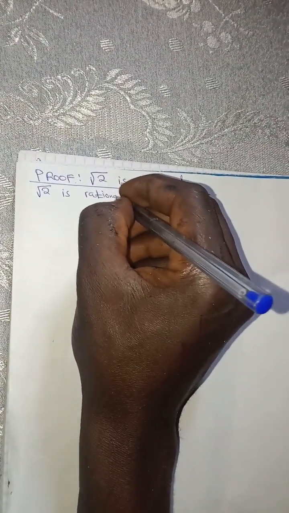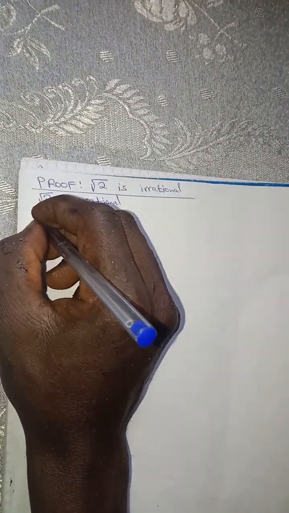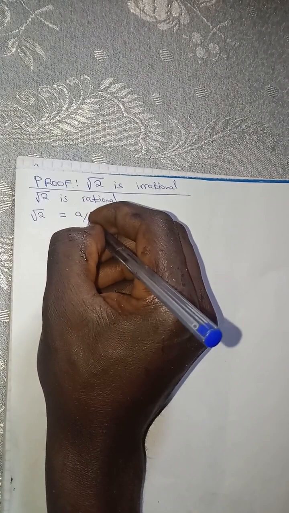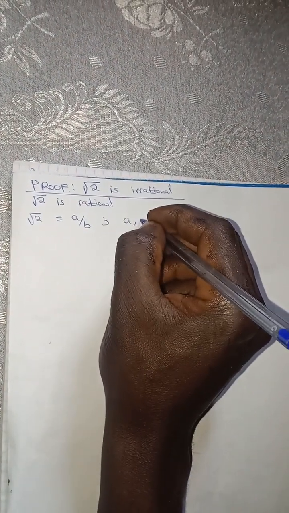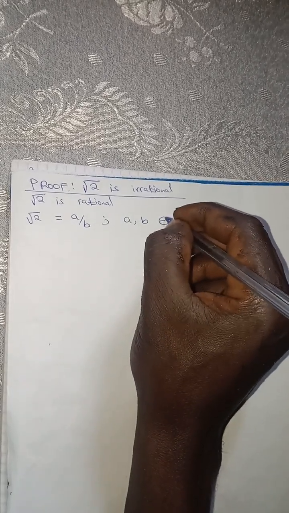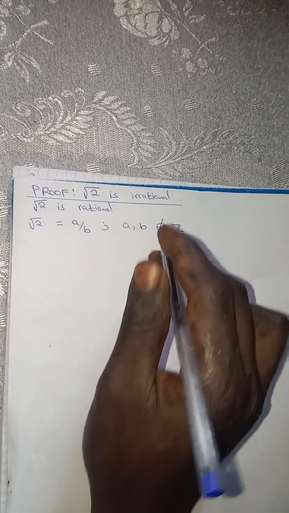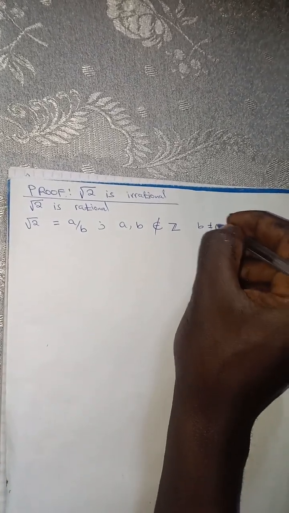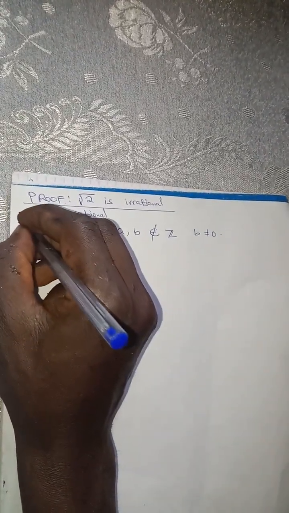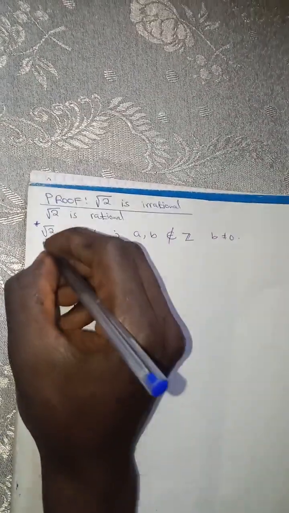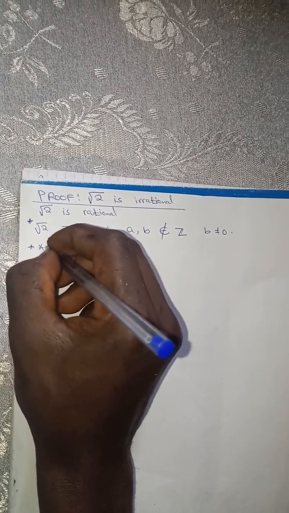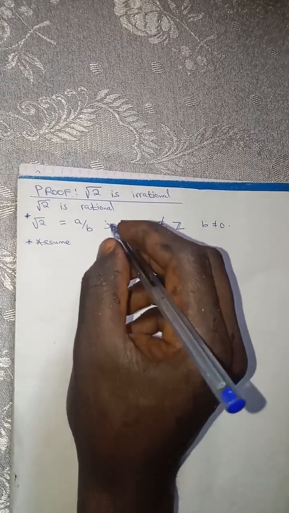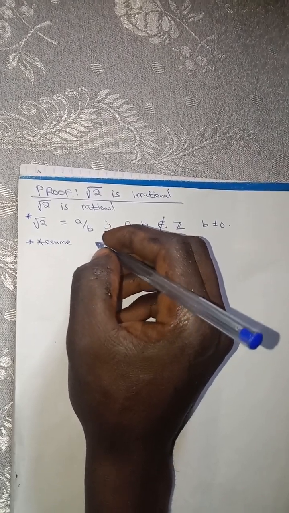By saying that the square root of 2 is rational, it means that the square root of 2 can be represented or expressed as a over b, where a and b are members of the integers, and b is not equal to 0. Again, that's the first assumption. Assume that, because the square root of 2 through contradiction is rational, because we have contradicted ourselves, then